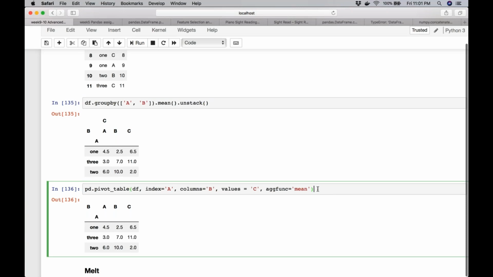Otherwise, pandas won't know which rows to keep and which to drop. And as the name suggests, there's an appropriate function called pivot table with an aggregate function, and you specify the function name and you get this output. It's a very useful function. Are we clear on this?